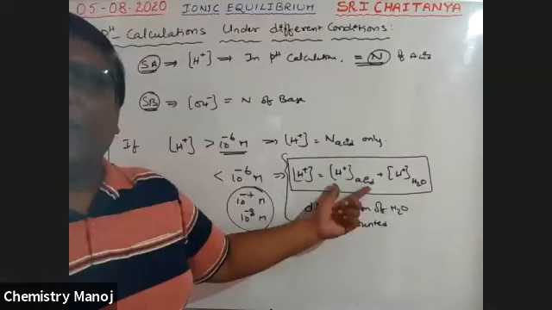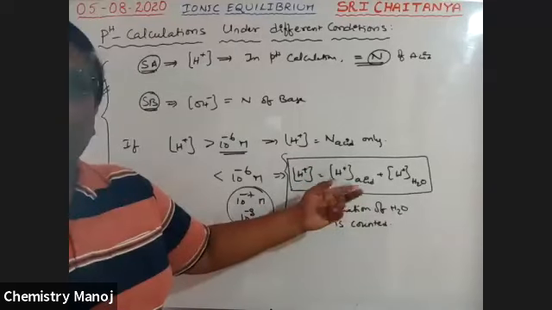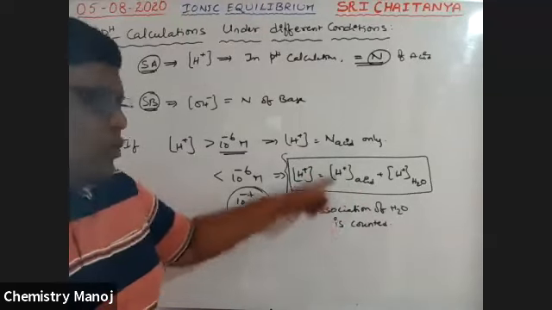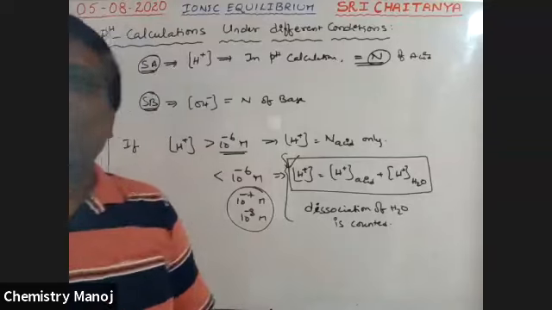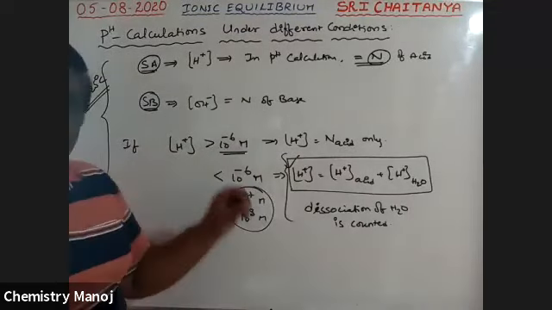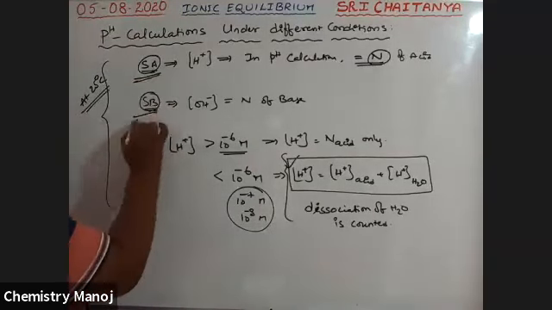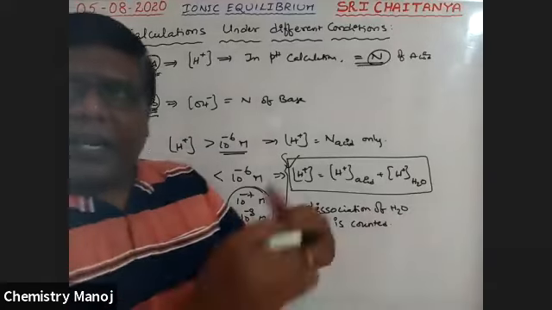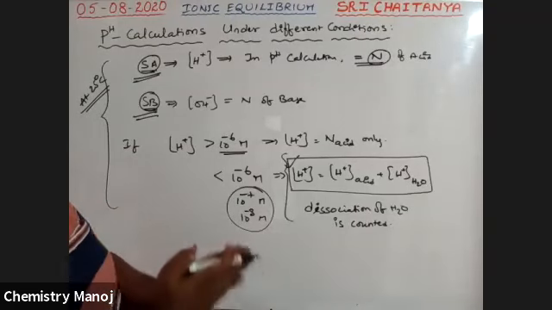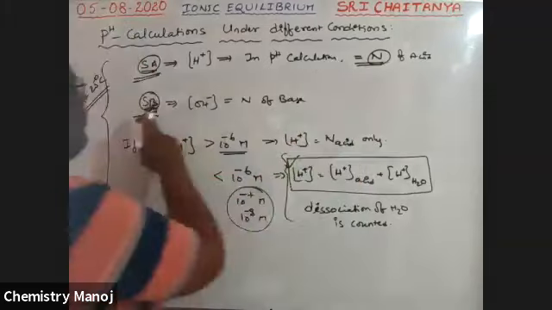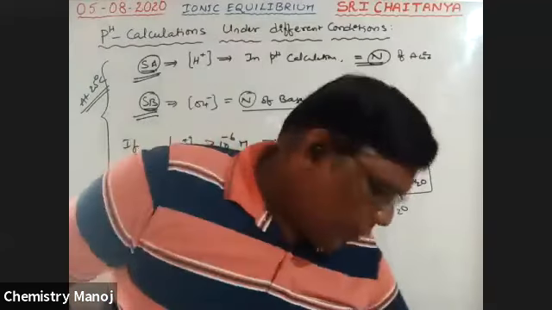If only this is considered, we get approximate values. If both of these are considered, that gives exact values. So generally we follow approximate values. These are the minimum conditions you should keep in mind during calculations of pH. For strong acids and strong bases, I am not discussing weak acids and weak bases now; later we will discuss them. For strong acid, H plus concentration is equal to normality of acid, and OH minus ion concentration is equal to normality of base. See, boys, we will take some problems based on this topic.